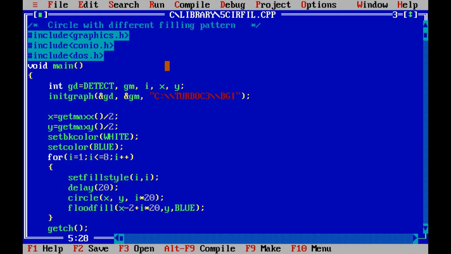Before we discuss this program, we want to see the output. So I run the program. Okay, this is our output. Now I discuss how the program executes.